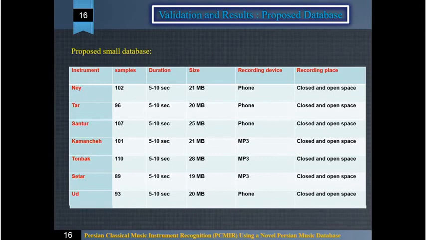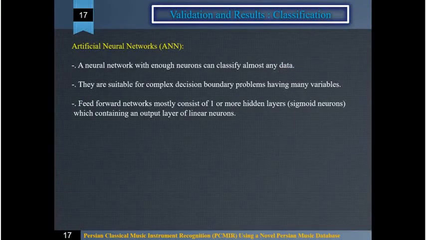For classification, we use neural networks. A neural network with enough neurons can classify almost any data. They are suitable for complex decision boundary problems. Having many variables, feed-forward networks mostly consist of one or more hidden layers of sigmoid neurons, followed by an output layer of linear neurons. In this figure, we can see the structure of